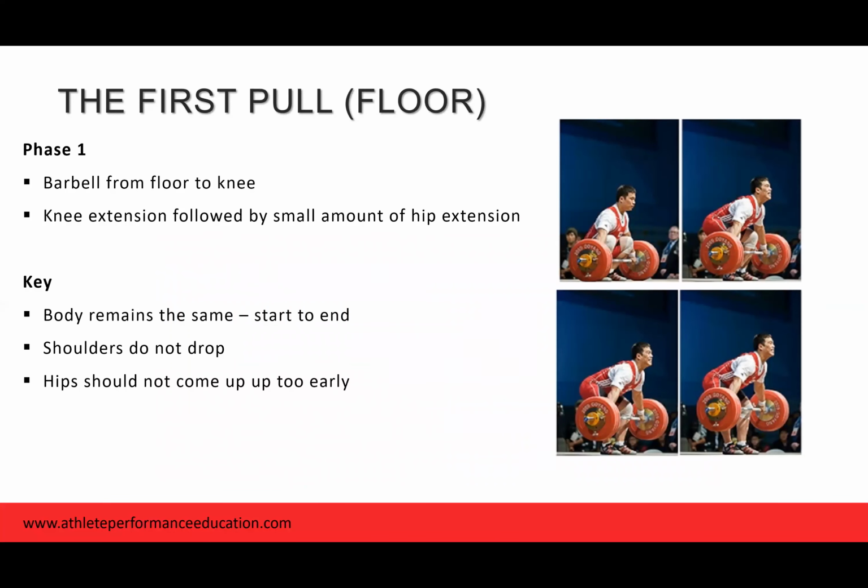Phase 1 is our pulling phase, or the first pull, and that's going to start from the floor. So the barbell will move from the floor to the knee. Knee extension is followed by a small amount of hip extension. The keys we're looking for are that the body remains in the same position from start to end. The shoulders do not drop. The hip should not come up too early. So the bar is moving vertically, but the angles of the joints won't change too much here,